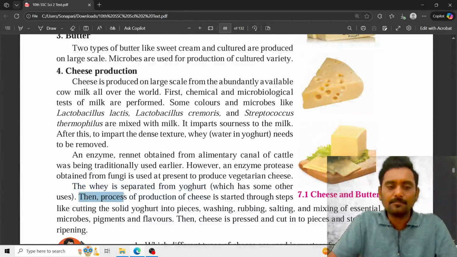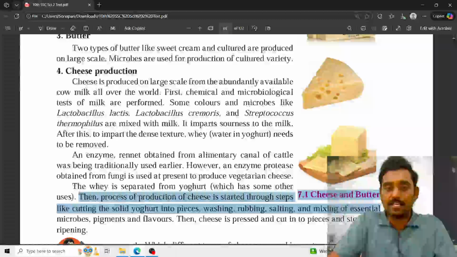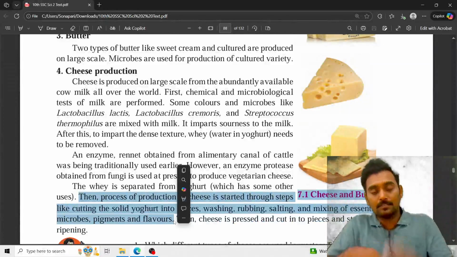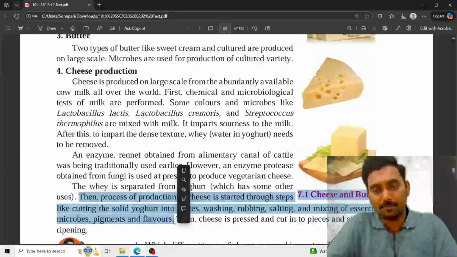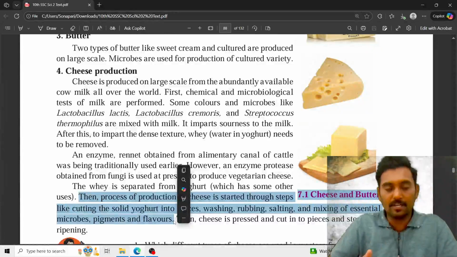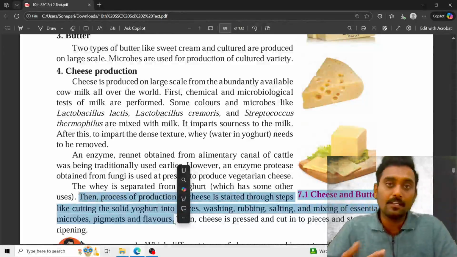Then the process of production of cheese is started through steps like cutting the solid yogurt into pieces, washing, rubbing, salting and mixing of essential microbes, pigments and flavors. See, now the actual cheese process is started, and step by step we cut the solid yogurt into small pieces, and now it is washed, it is rubbed again, now it is salted to increase the shelf life,